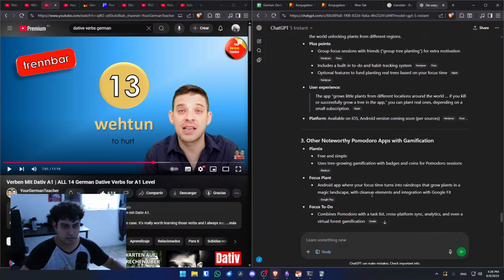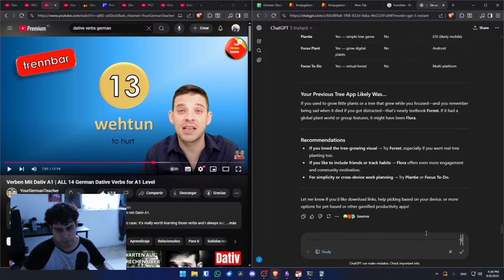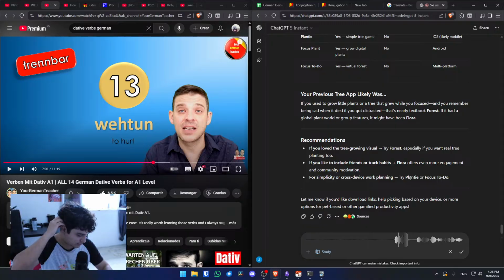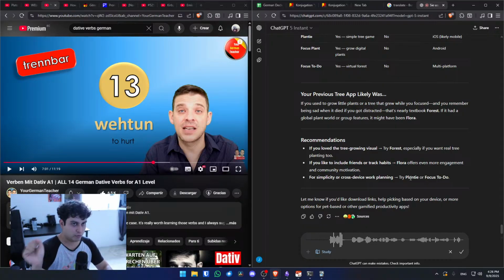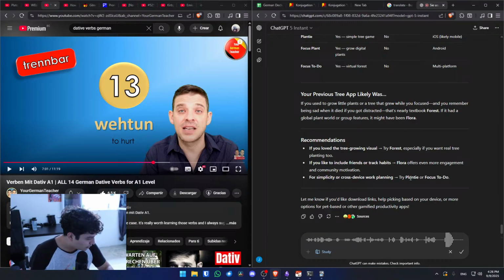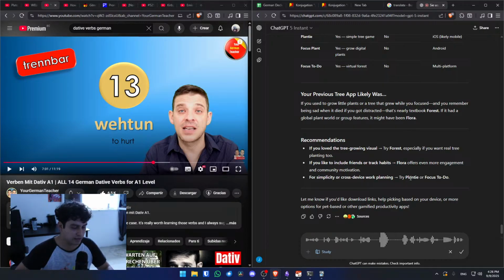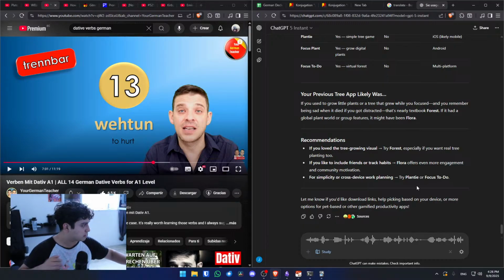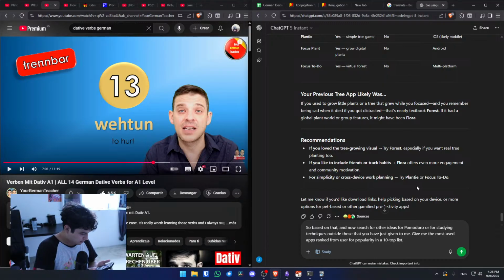Similar idea. Based on that, now search for other ideas for Pomodoro or studying techniques outside those you have just given me. Give me the most used apps ranked by user popularity in a top 10 list.